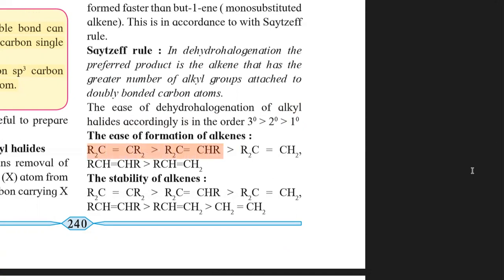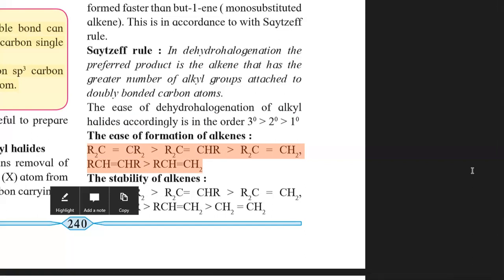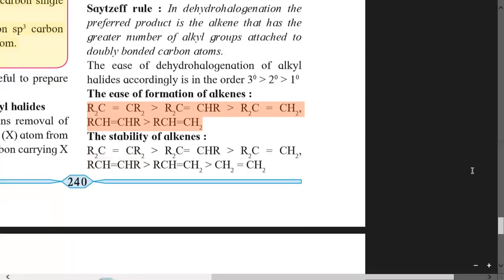Here the order of formation of alkene is tetrasubstituted, then trisubstituted, disubstituted, again disubstituted on different carbon atoms, and monosubstituted. So this is the order of formation of alkenes. So remember this order again well. Tetrasubstituted is more stable, then trisubstituted, then disubstituted containing both alkyl groups on the same carbon, then disubstituted in which two alkyl groups are on adjacent carbons, and monosubstituted, and hence the stability